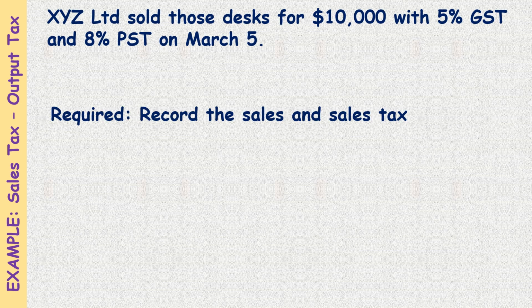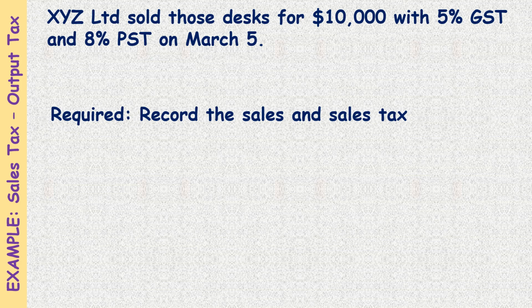So XYZ Limited sold those desks for $10,000 with 5% GST and 8% PST on March 5th. Let's record the sales and the sales tax. So in this case, now XYZ Limited sold those desks for $10,000. It has to record the receipt of $10,000 plus calculate how much sales tax it received from the customer on